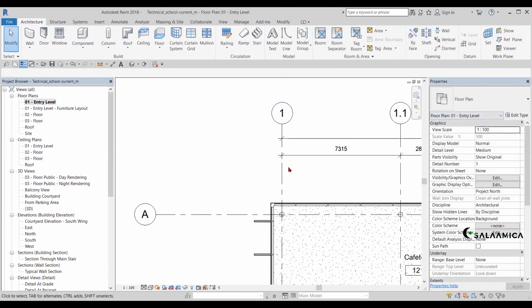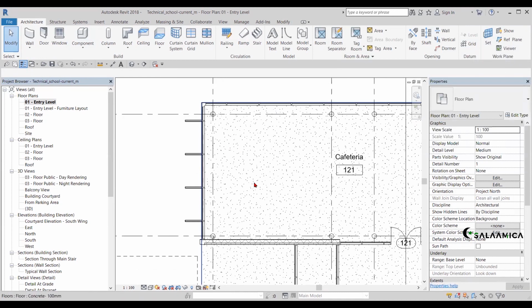Okay, if I'm going to ask you to draw a new grid, actually I will tell you to go to the architectural tab, datum panel, grid. That is where you can find the grid, even the levels. So let's say we want an opening on our slab. I will tell you to go to the architectural tab, opening panel. So what kind of opening you want to place. So something like that.